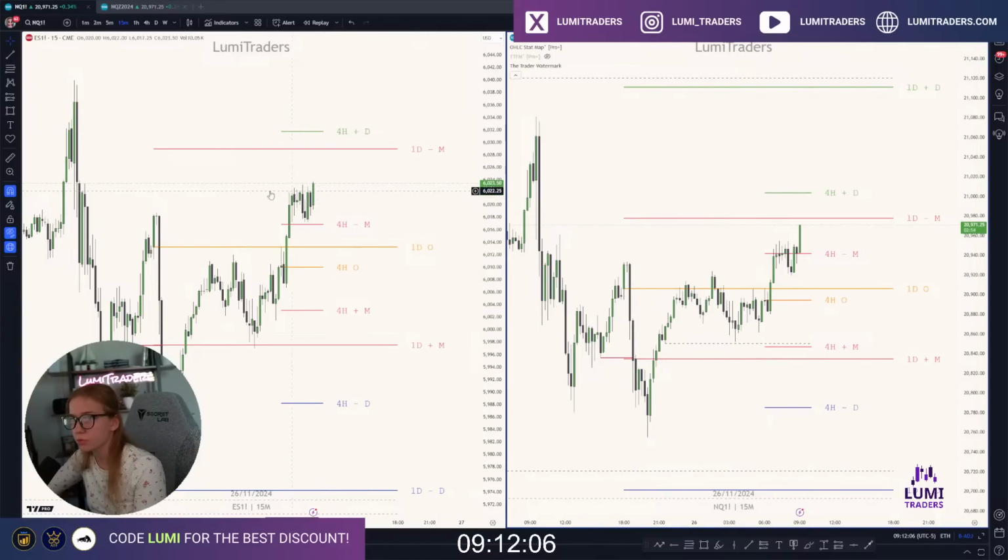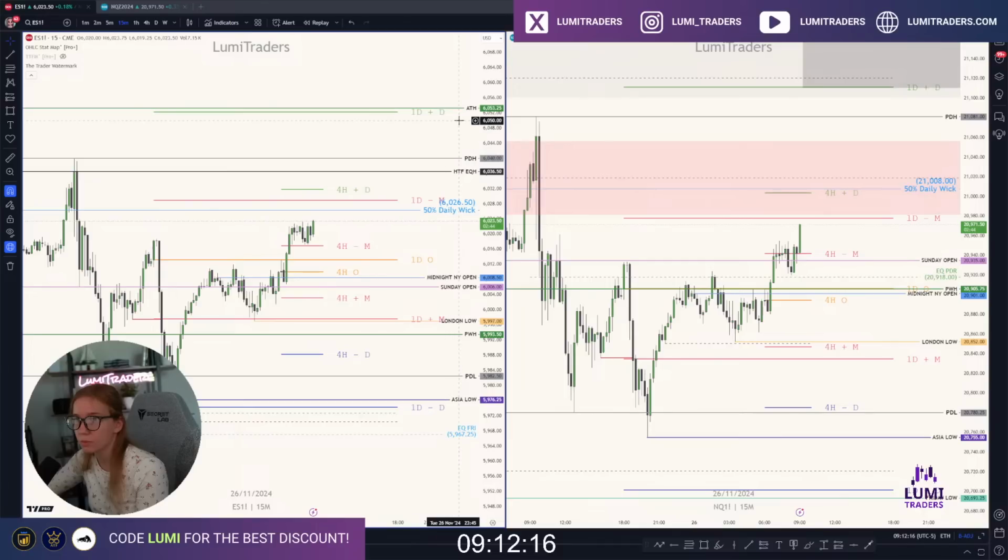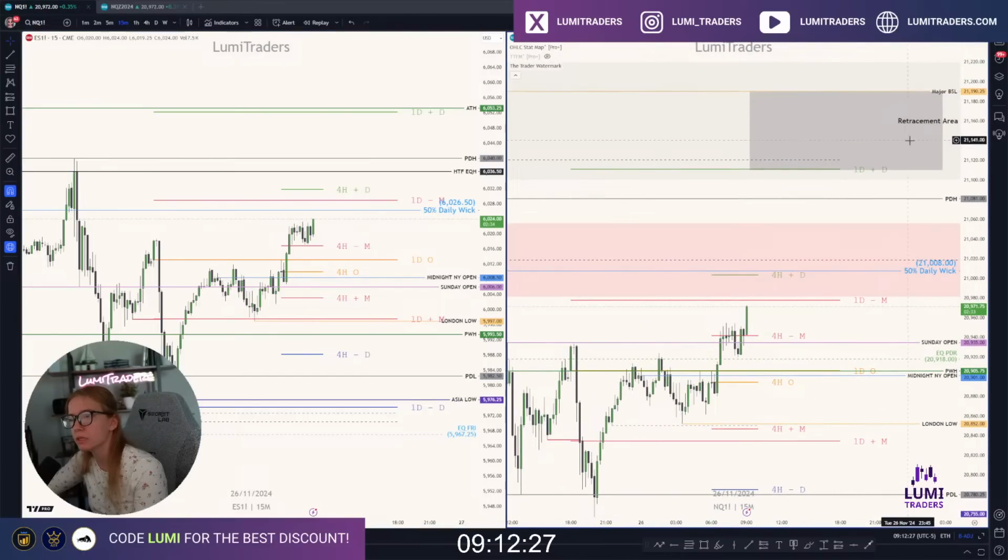If price wants to break above this, as you can see, it's near 50% of daily week. And if you can break above this daily manipulation, 50% of this daily week, we will possibly see the daily distribution level. Daily distribution on ES is the all-time high, and daily distribution on NQ is right above the previous day high level, so basically inside the retracement area. This retracement area is a range between 2 and 2.5 standard deviation based on 1 hour manipulation leg.